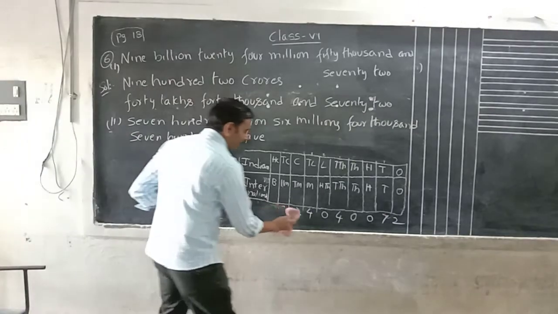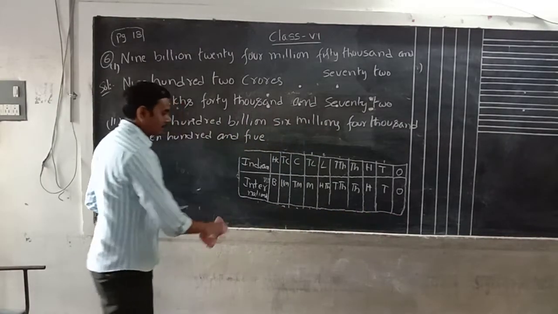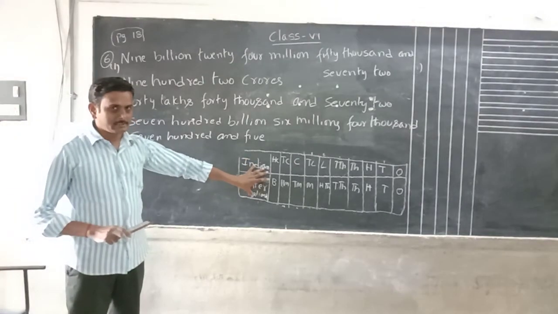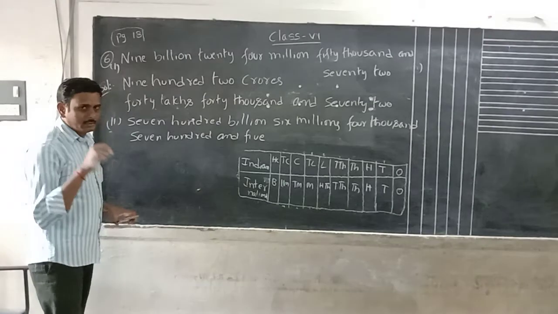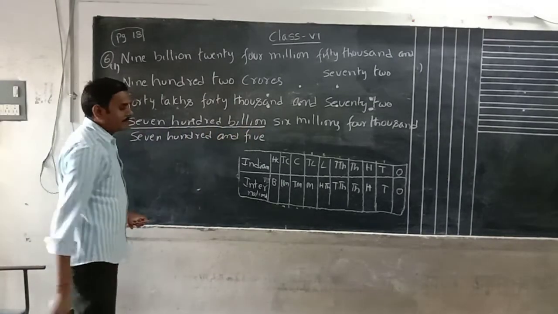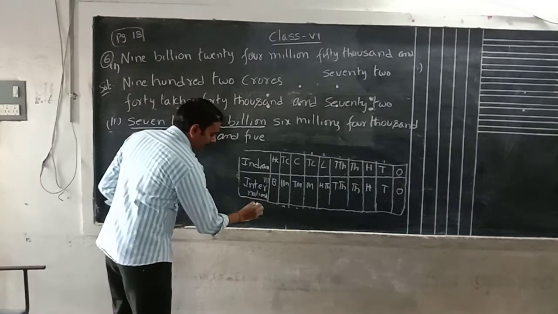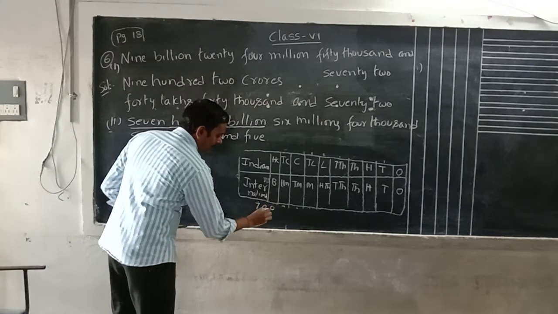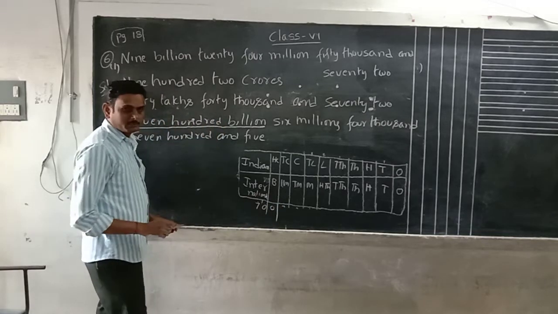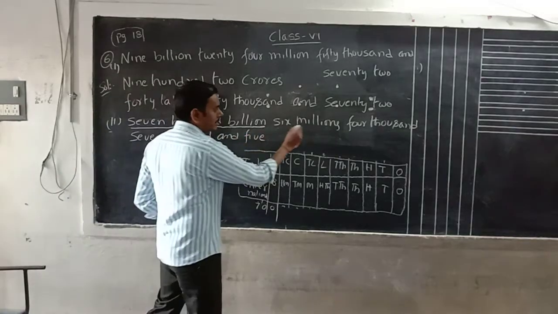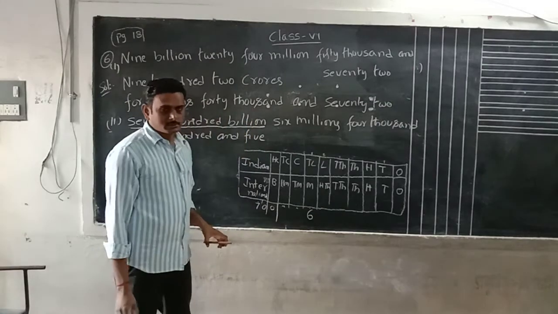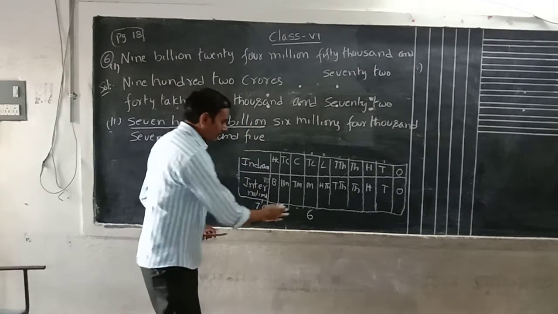By reading the number, we have to arrange it in the International system. While answering this type of question, we have to remember this comparison. Then only we can do it very simply. What is the question? 700 billion. That means the billion place has 700, so up to billion we can write 700 billion. Okay, 6 million. 6 is a one digit number, that means 6 is in the 1 million place only.